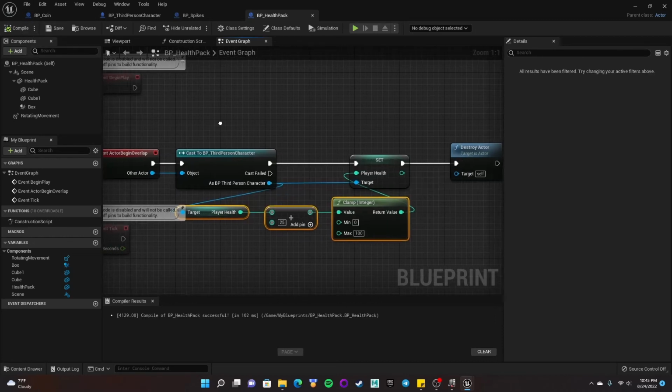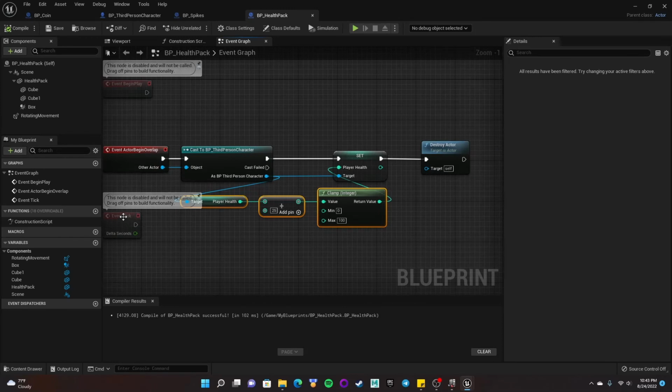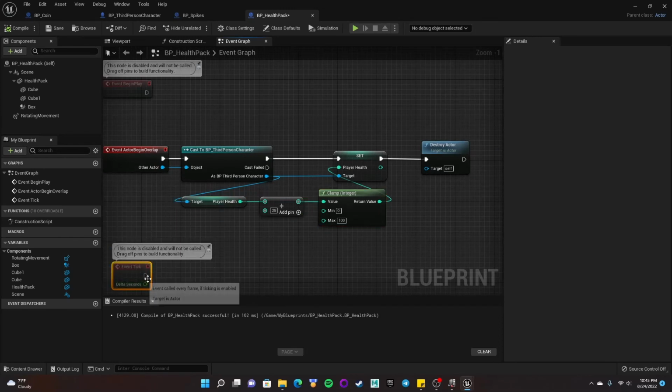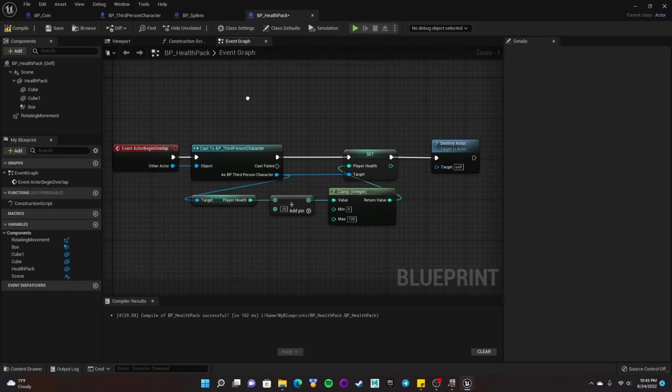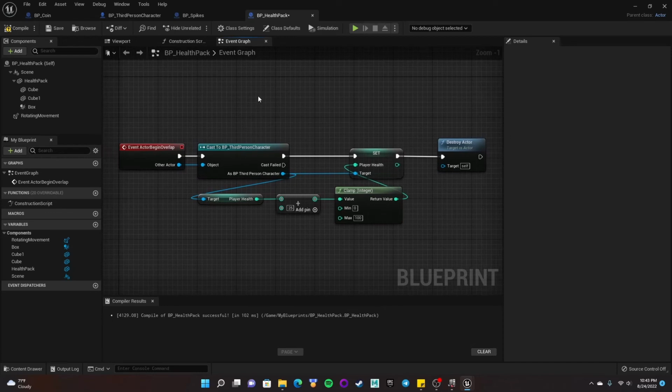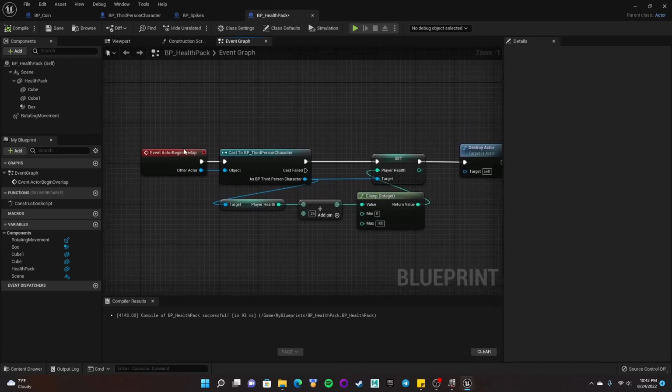Now, there might be one last thing that I want to add to this, right? I'm going to go ahead and delete these other nodes that I don't need. Because right now, if I'm at 100 health, I could still go collect the health pack, and it's just going to keep me at 100 health and then delete the health pack. And that might not be very good, right? So there is maybe one last thing I could add to this,